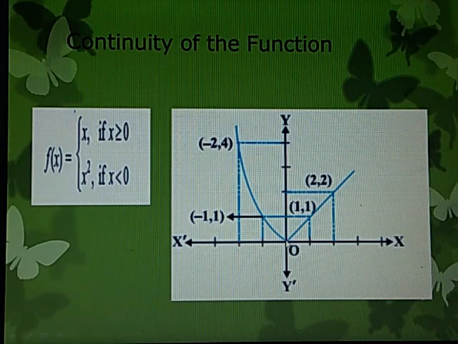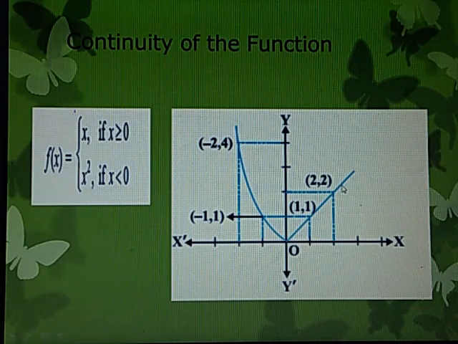So you can see, if you look at the pointer, if x is 0, f(x) is also 0. If x is 1, f(x) is 1. If x is 2, f(x) is 2, and so on. So you can see this is the graph for the identity function. The only condition is x is not assuming negative values. Only for 0 and positive values of x.